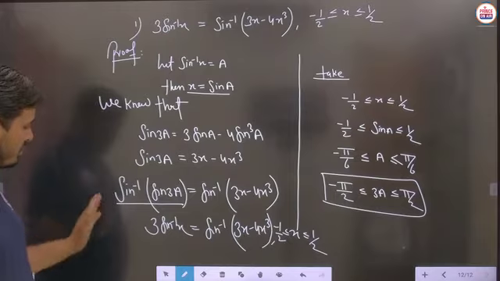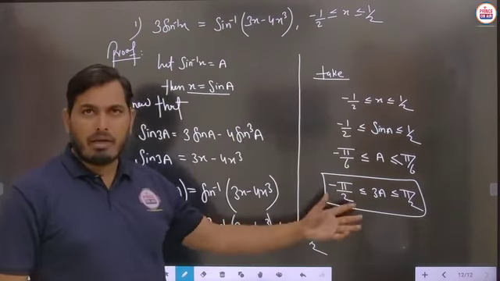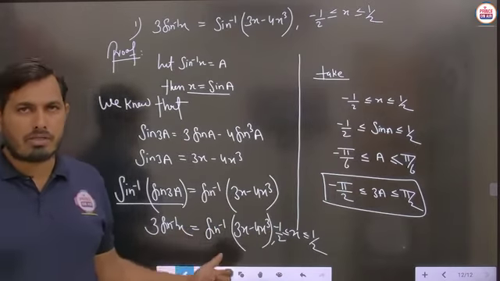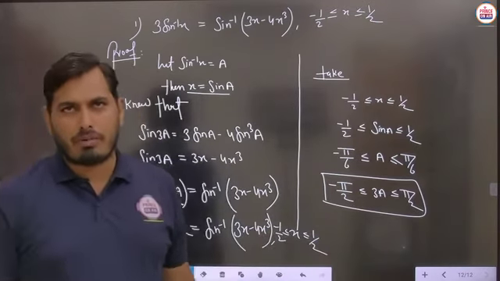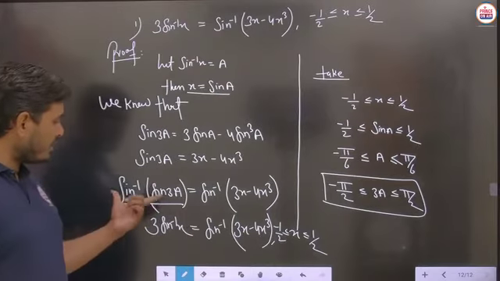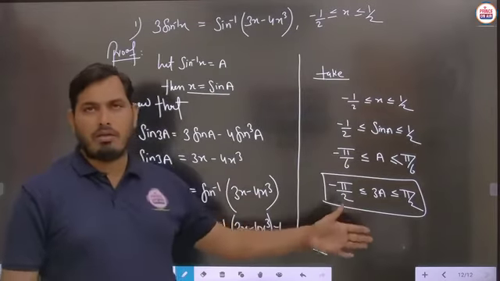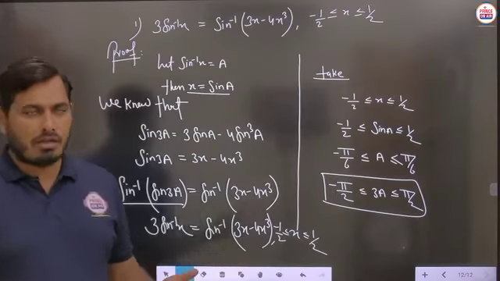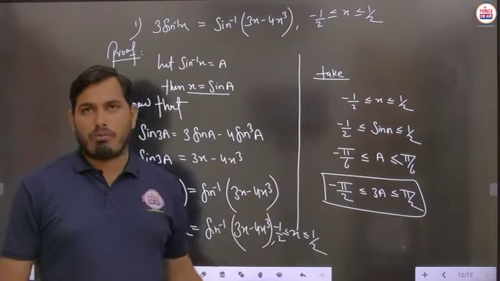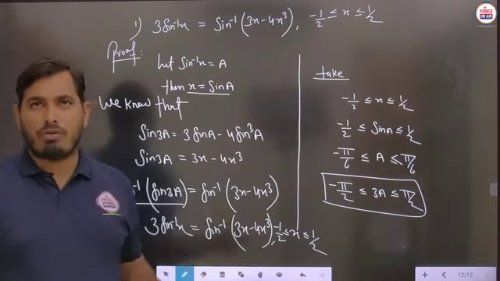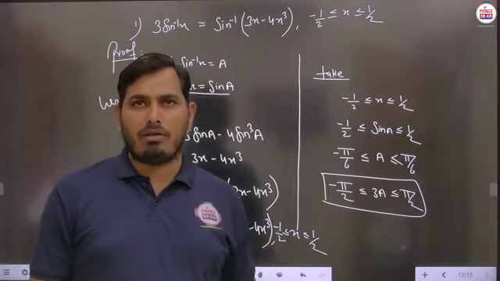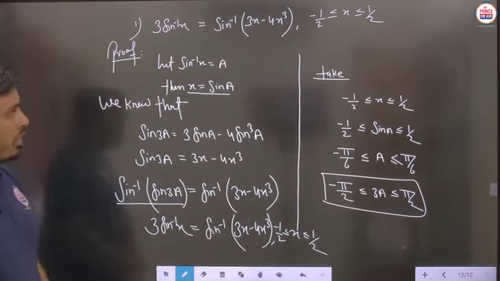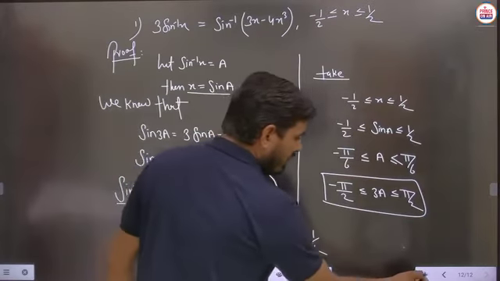So for the explanation of this part, we have to simplify this part, and from here you can say that this 3a will become the principal value of this given inverse trigonometric function, so that we can cancel out this part and write here 3a. So for the explanation of this part, we have to simplify this thing. Whenever we do differentiation or integration, there will again be a problem related to inverse trigonometry, and there you will simplify things in this similar way. So the next part, student, we will take as 3 cos inverse x, and we will see the proof of this part.